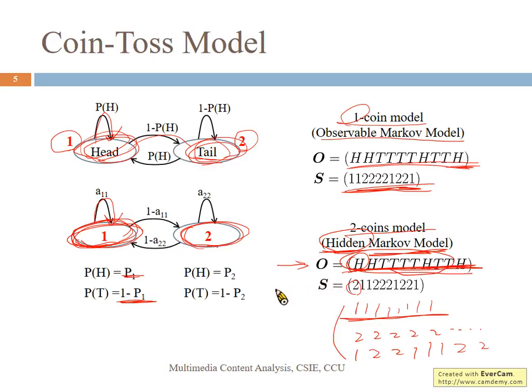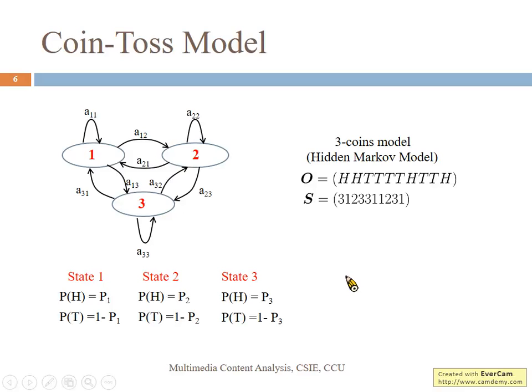We don't know which coin, we don't know how the person selects the coin to generate such information, such result. So we call it hidden Markov model. And also, there may be 3 coins. So we use one state to represent one coin, and then